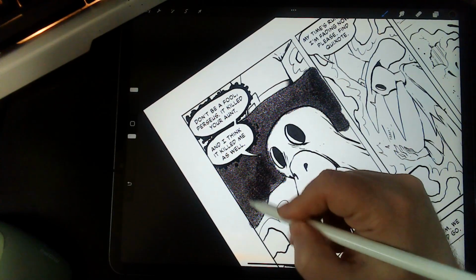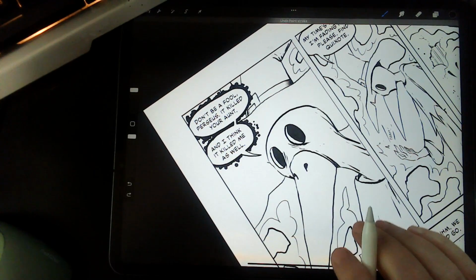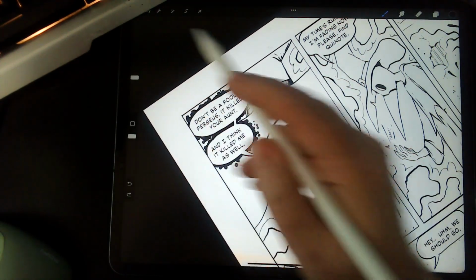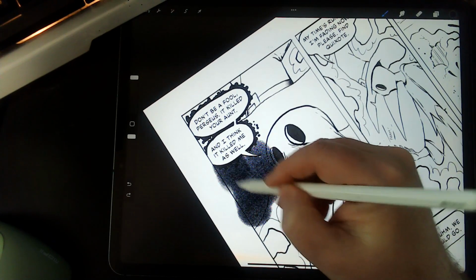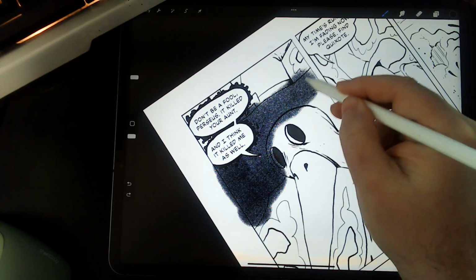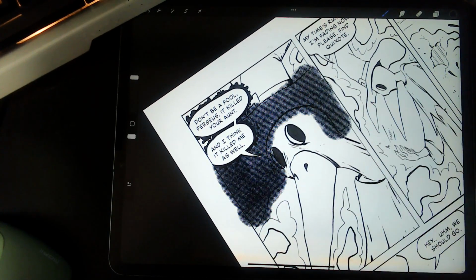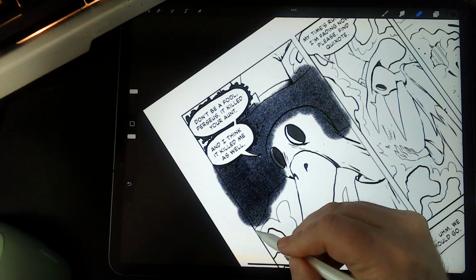Pretty good. Okay. No, that wasn't so good. Let's make it bigger. When I say make it bigger, I don't mean make the dots bigger. I just want to make